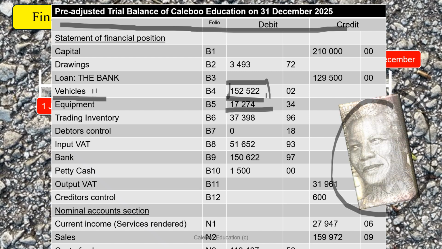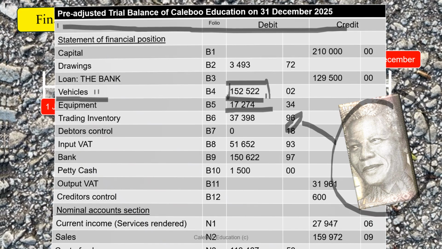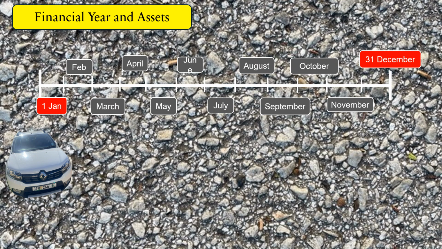Mr. Mandela is just having a look at the numbers, and he's into fair representation of all the numbers. And you will see, if you don't already know, these numbers here in the pre-adjusted trial balance don't truly reflect the financial position of the business. Okay, just to recap there, financial year,